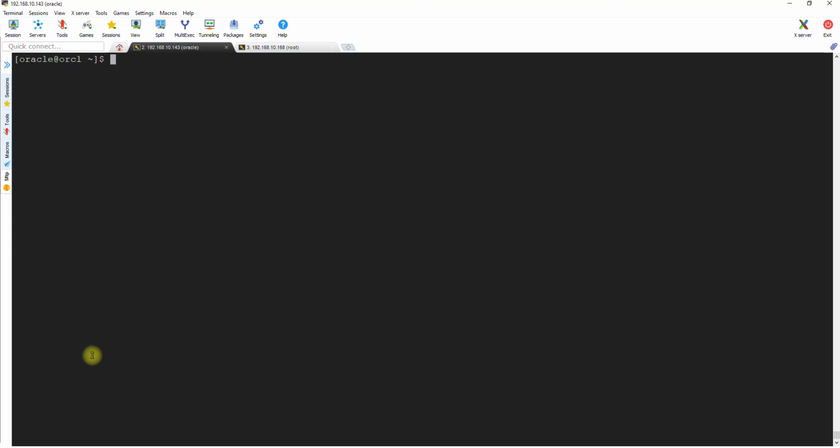Let me clear the screen. So first thing first, let's log into the non-CDB environment first, because everything needs to be done on the non-CDB first and then the CDB environment. So the first step is, because we validated the environment itself and you must have seen that it's not a CDB. Okay, so non-CDB12C, sorry for the long name.